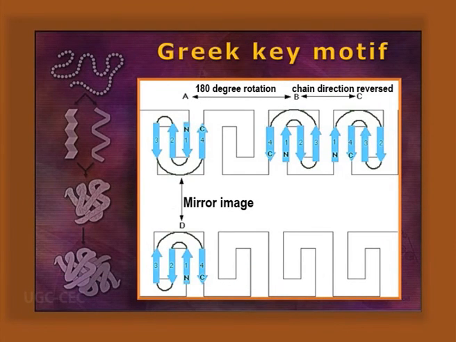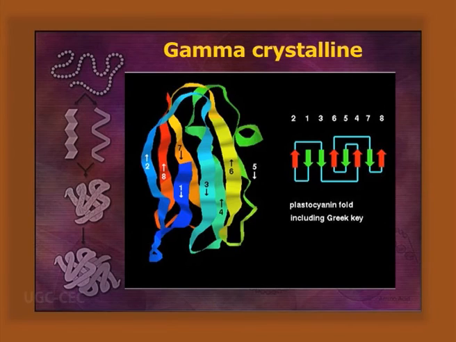Greek key motif. Now, in case of Greek key motif, 4 sequentially arranged alternate anti-parallel beta strands are joined by a large polypeptide chain. The first strand and 4th strand are joined by a large long loop of polypeptide. In gamma crystallin, you can follow the presence of such a Greek key motif. It looks like a Greek key structure.